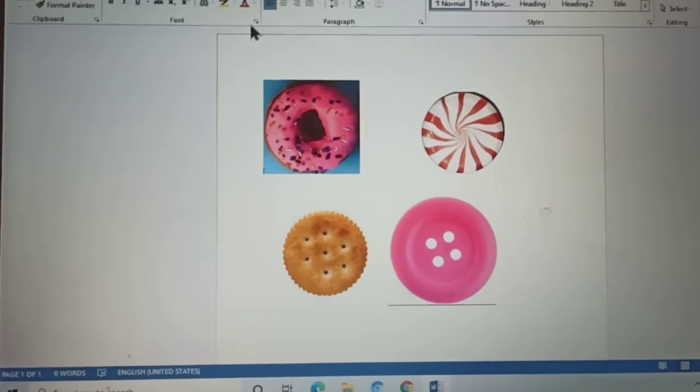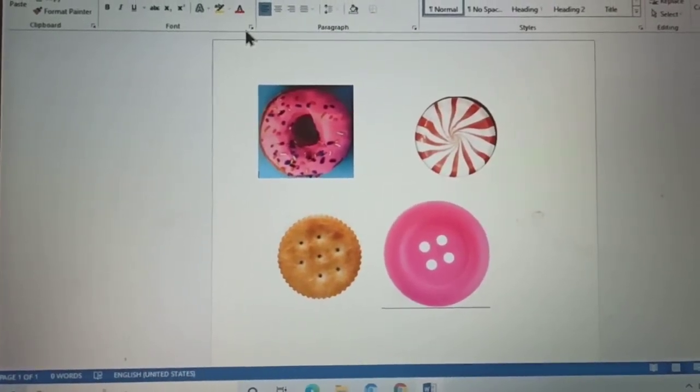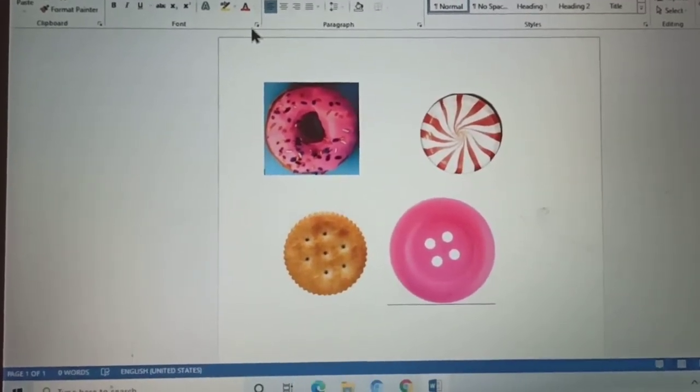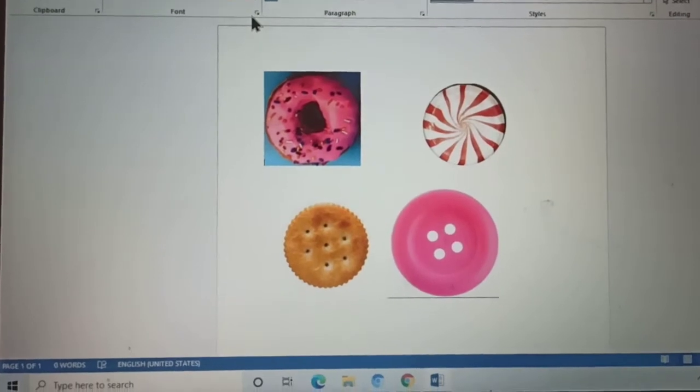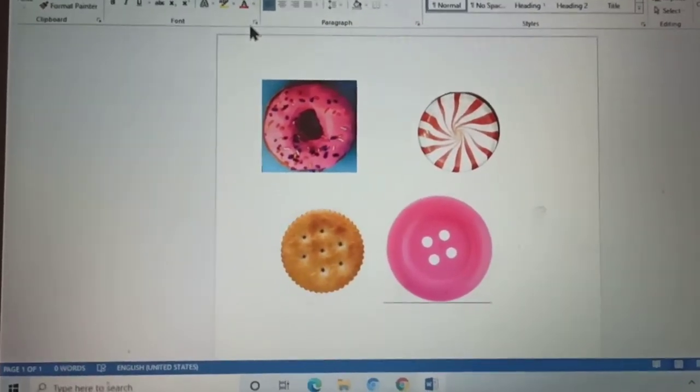So if I ask any example for circle, you have to immediately bring something which is round in shape. Okay. Got it? And the circle has no sides. Don't worry, we will see those things in future.